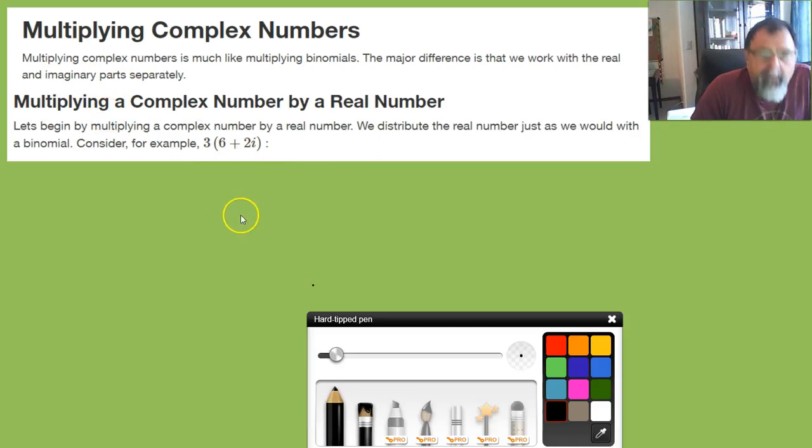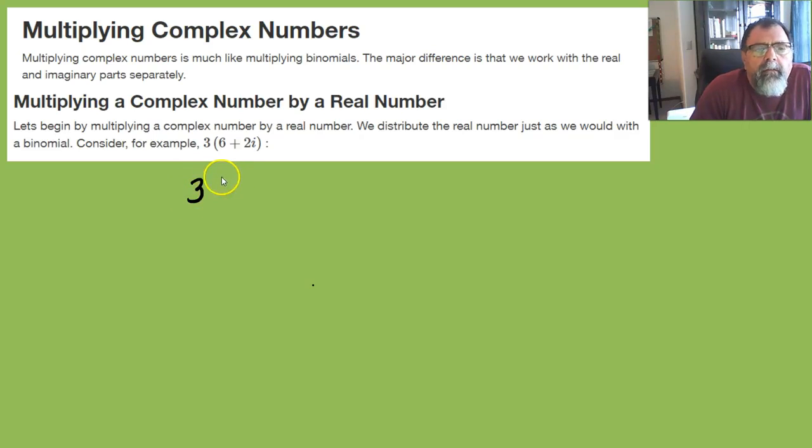So we have 3. And again, 3 is technically a complex number, right? But like when we defined it before, the imaginary part is 0, so it's just basically a real number, but it's still a complex number. You got to remember that. All right, so how do we multiply complex numbers? So if one of the numbers is just a real number,